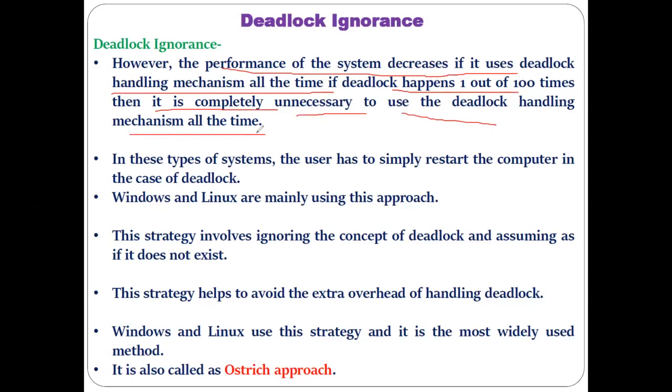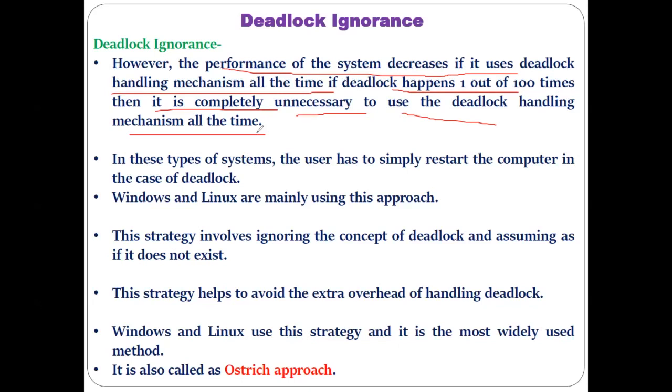So that kind of mechanism can be applied. Which kind of mechanism? Deadlock prevention, deadlock avoidance, deadlock detection and recovery. These can be applied when the computer system is being utilized for some sensitive work, as in the case of a real-time operating system. In that case, this deadlock handling can be applied. So those three mechanisms can be applied for that kind of system.